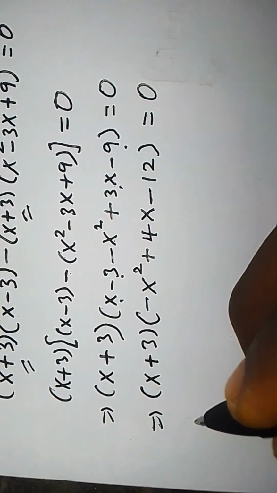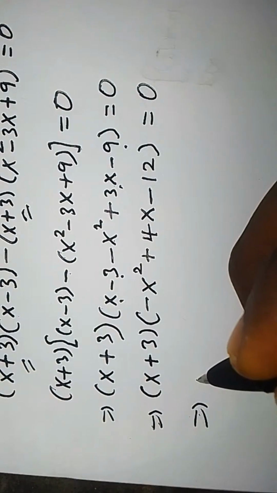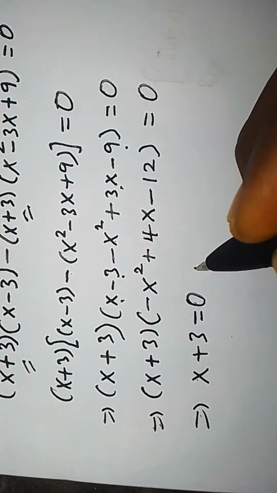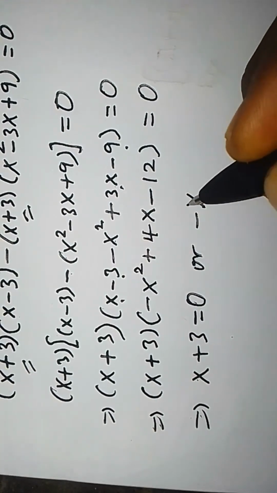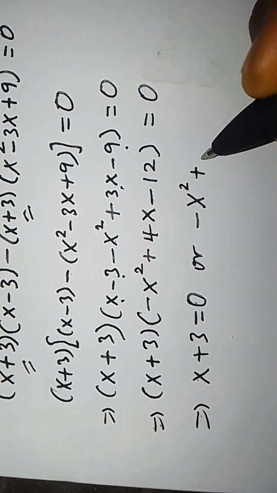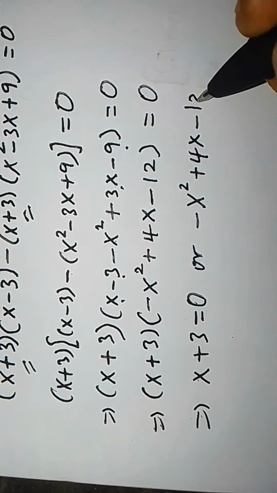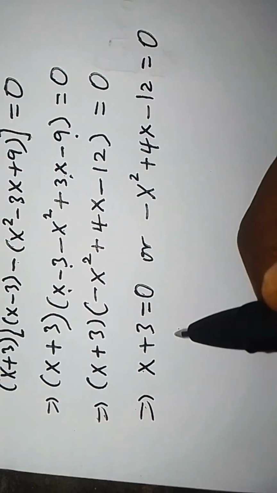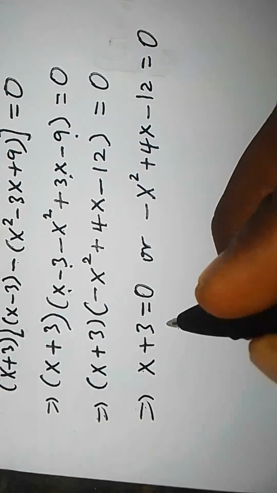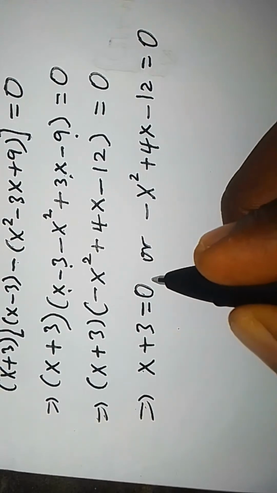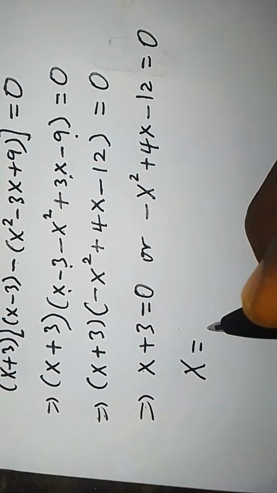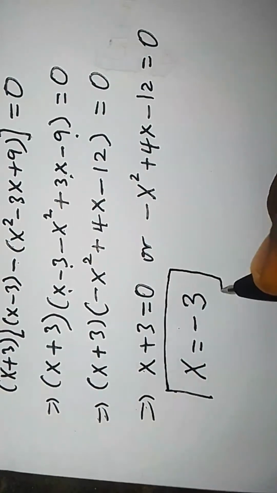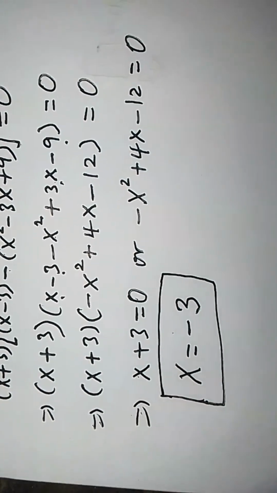Let's continue. This implies that x plus 3 is equal to 0, or minus x squared plus 4x minus 12 is equal to 0. Let us consider this linear equation first. If we move 3 to the right hand side, x is clearly equal to negative 3. This is the first solution: x equals minus 3. Now,